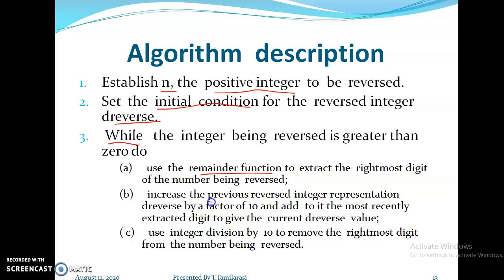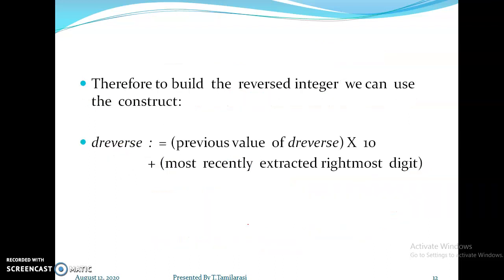We use the previous reversed integer, multiply it by 10, and add the most recently extracted digit. So step B explains this formula: previous value of the d reverse into 10 plus most recently extracted rightmost digit.